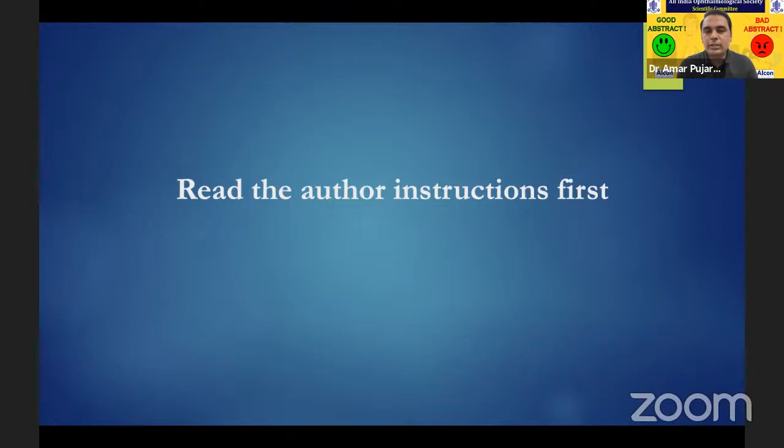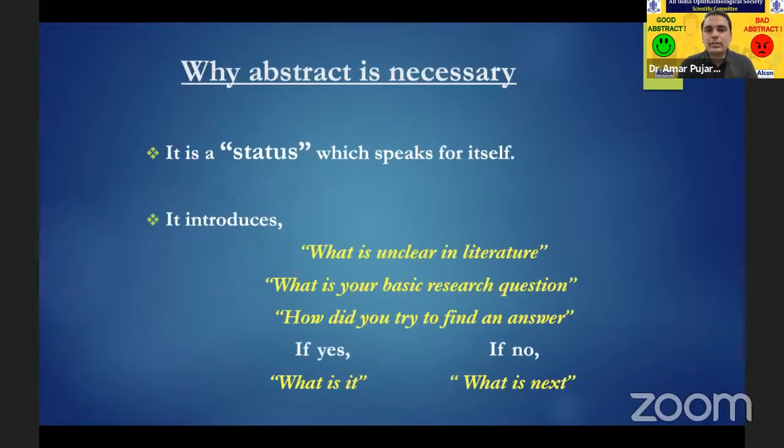If you are submitting an abstract for a conference, it's going to have 4 components: purpose, methods, results, and conclusion. There you won't disclose your setting or your hospital. But in a publication, you can mention what type of study you are doing, RCT, retrospective, or prospective, and even where you have done it. Reading the author instructions is very important, so that you can avoid bothering the societies or the journal with emails. So why is an abstract necessary?